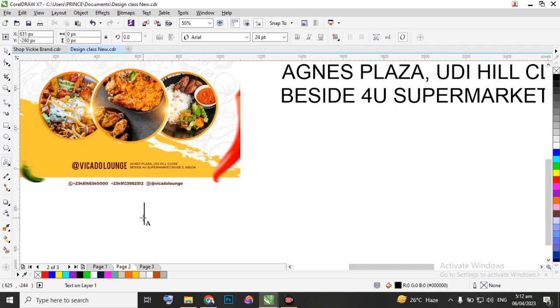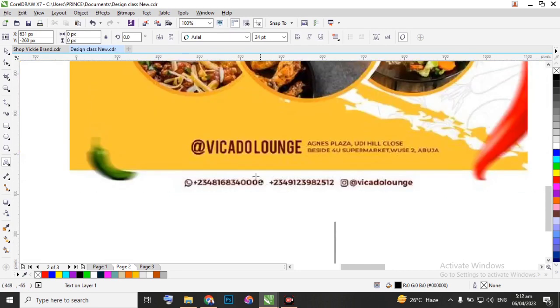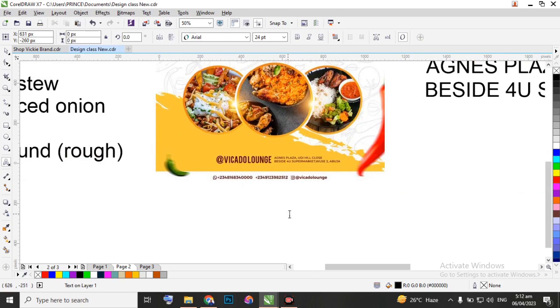Okay, one other thing I'll be showing you is how to install fonts from Google, but I already have some of these fonts. Like for this WhatsApp icon, there's a font you install to give you this WhatsApp icon. I already have it installed. I'll tell you the name. You can go search on Google to install yours. 08168 34000, then plus 234